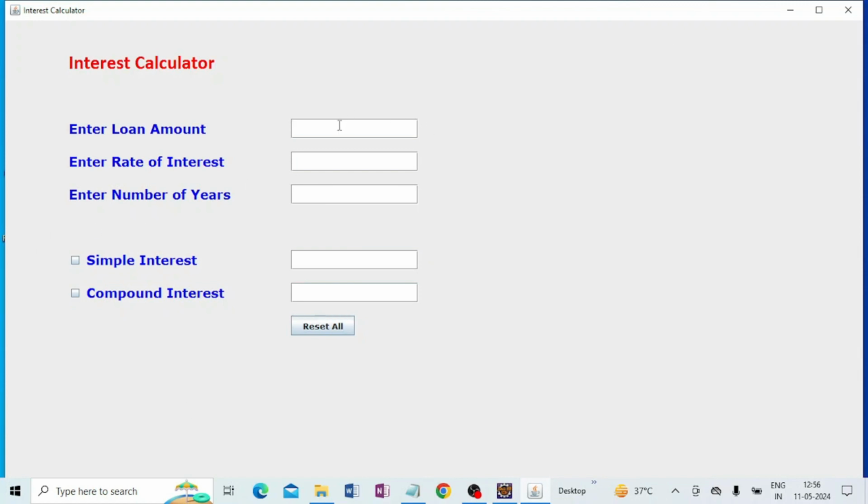Now again I am doing here, I am taking a loan of 2 lakhs rupees, rate of interest 5% per annum, and enter the number of years. I have taken it for 2 years. My simple interest is 20,000 and compound interest is 20,500. So now I am going to make this project in this video,